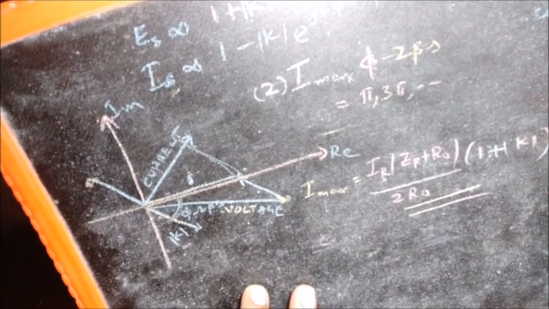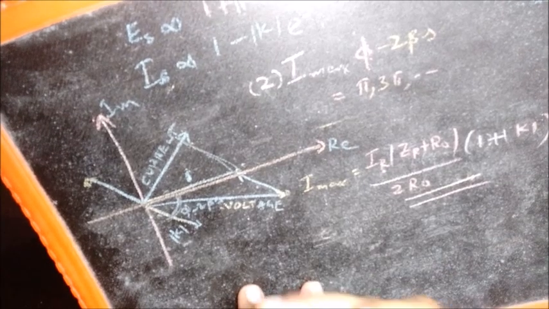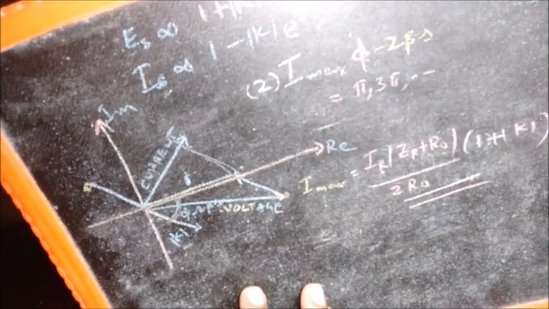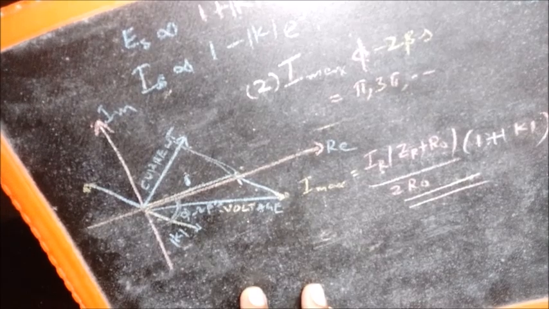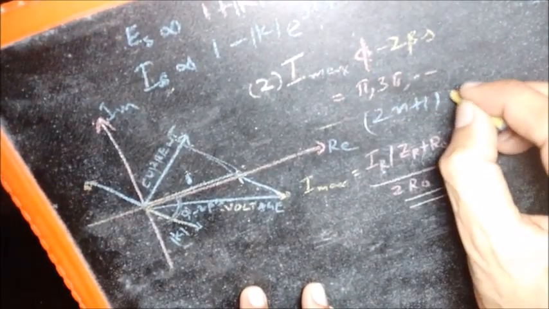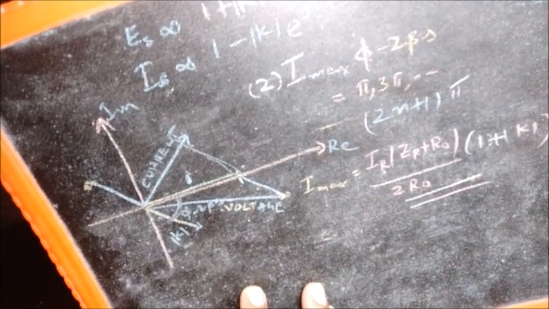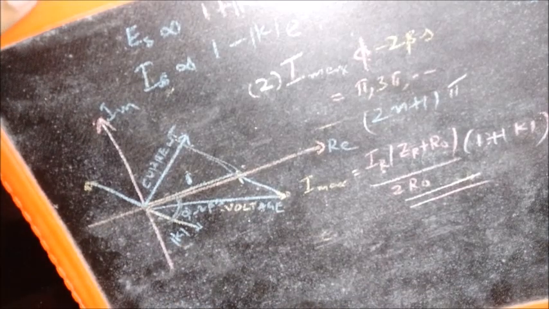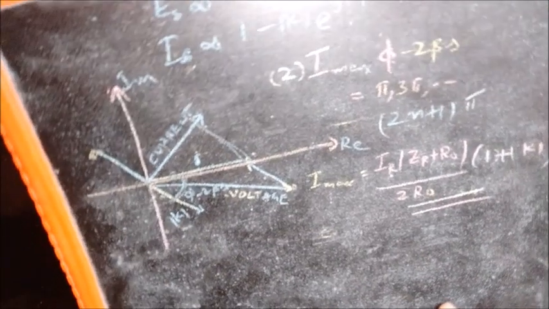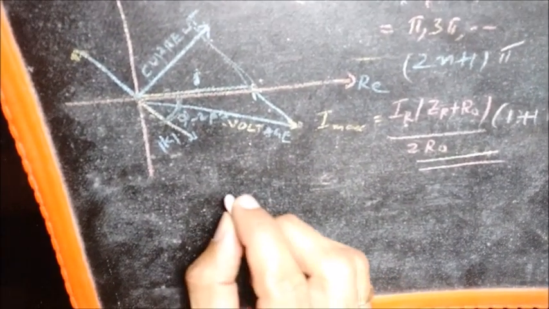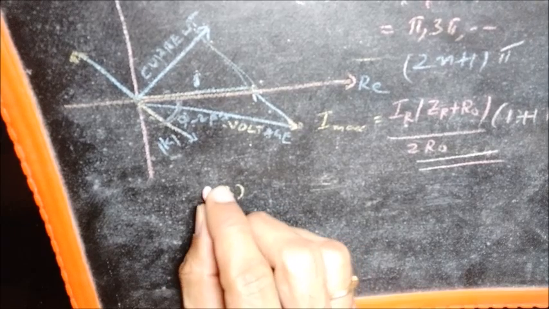This is Imax. And this happens when phi minus 2 beta is pi, 3 pi, or in general 2 times an integer plus 1 times pi. Now the third point, now that we have these two observations, we make the next observation, which is actually a derivative of these observations.